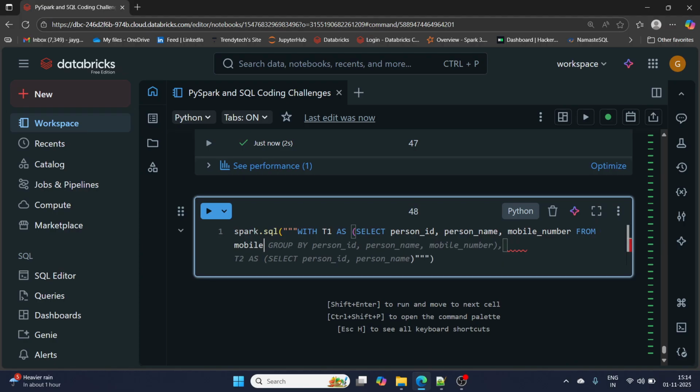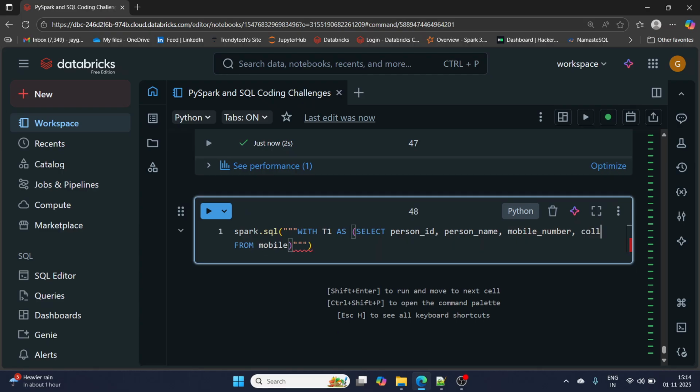I have to add one more thing. What? Collect set, right? Collect set of mobile number will not be here. Okay, collect set of mobile number from mobile, where, not where, yeah,